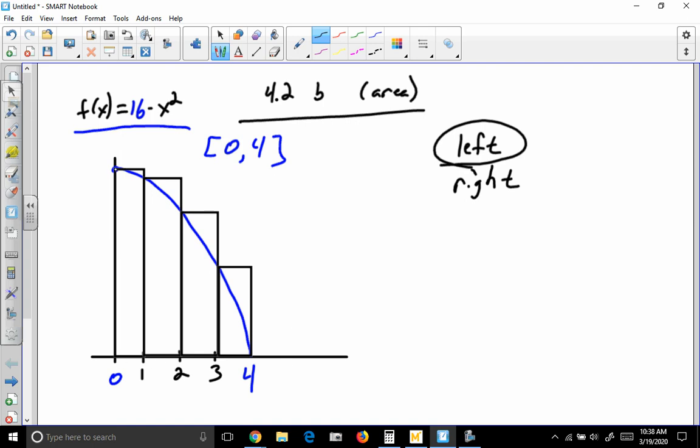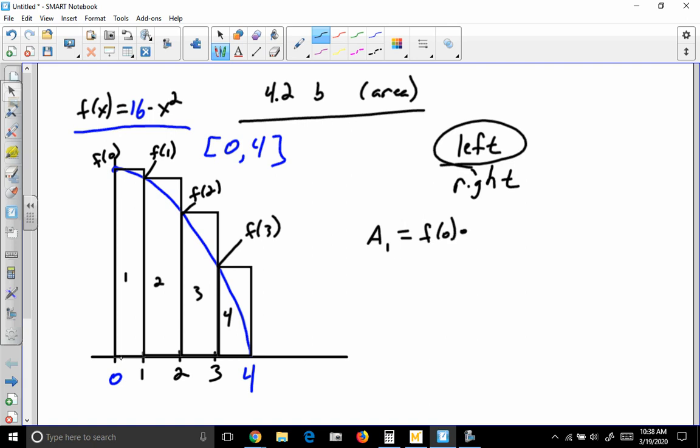So this y value is f of 0, this one is f of 1, this one is f of 2, and this one is f of 3. If we number these rectangles 1, 2, 3, 4,